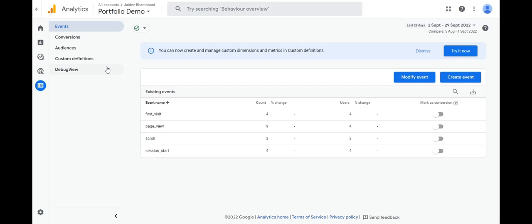So whenever it starts collecting data and logs it as an event, it will be visible here, and we can mark it as a conversion then. So again, this is very helpful to create audience scoped conversions. And again, this is only in Google Analytics 4. This was not available in Universal Analytics. So suppose you link your Google Ads account here, so now you have the ability to create audience based conversions, or